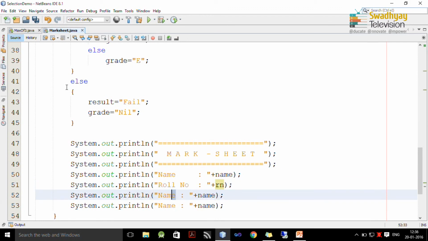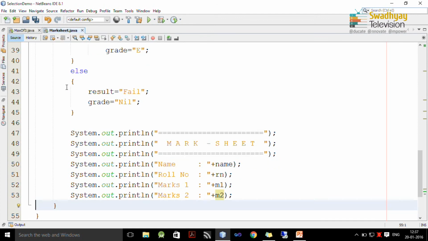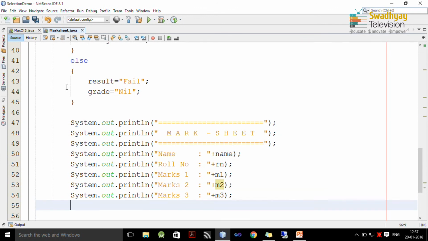Then we display 3 marks, which are entered by the user, and here we display M1, then we display marks 2, which is M2, and similarly we want to display marks 3, which is M3, and these are the actual values entered by the user.